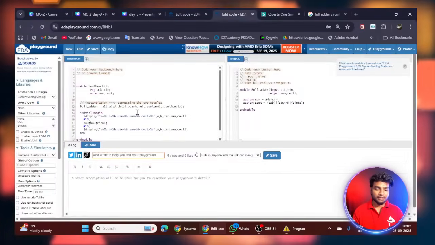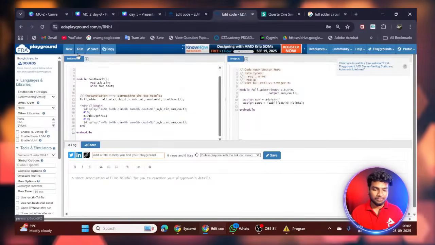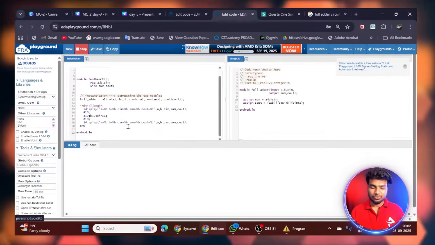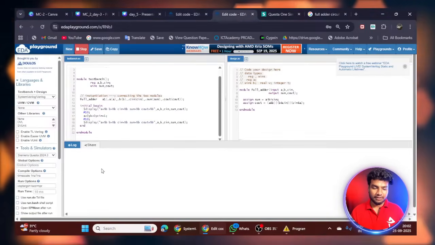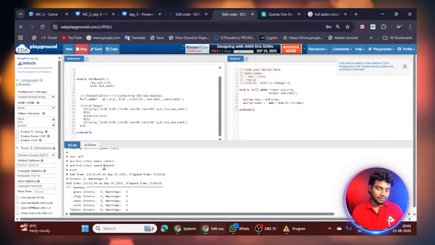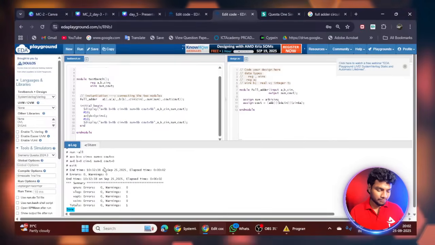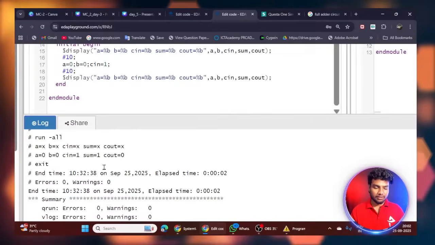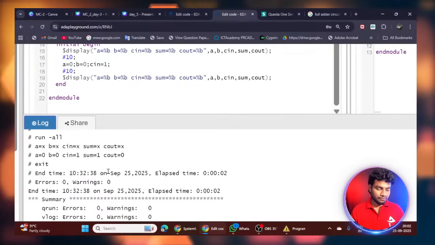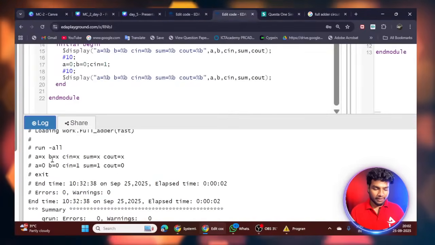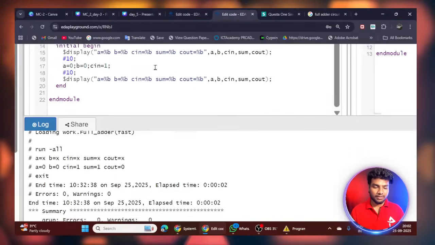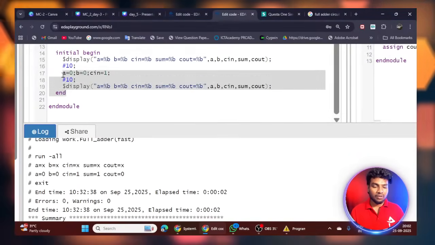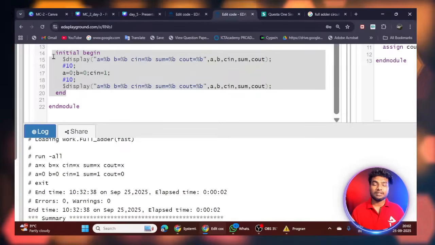So after saving you have to click run, and then you will get the output. You will see the output in the transcript screen. Transcript is nothing but the output screen. So you can see the output here. At the starting stage of the stimulus, as I already said, initial begin is the input simulation time.